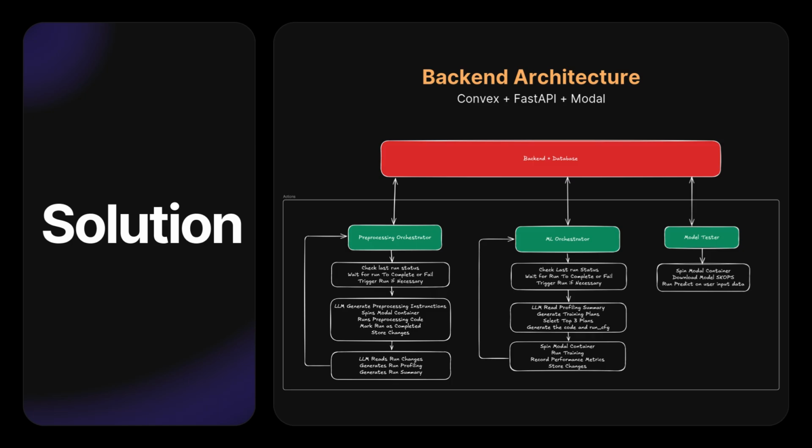That instance is going to read the CSV, it's going to extract information from it. Then we send this information to GPT-5 with a prompt to tell us code to perform preprocessing on this data. Then we take this code, we spin a new instance in Modal to run this code,